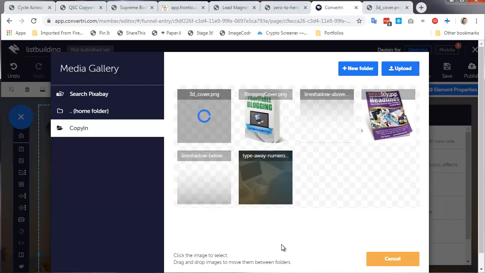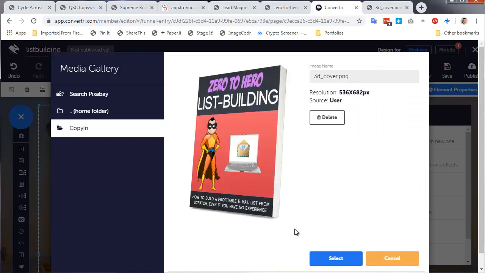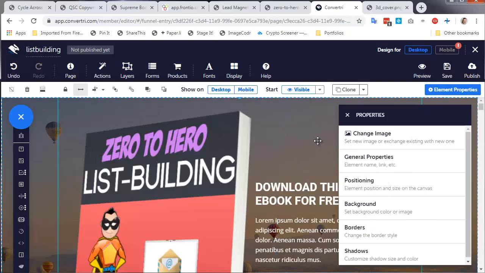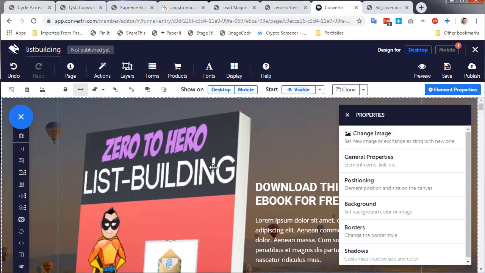It's a question of finding it, opening it. And you can see here the circle's going around, it's uploading it. We're going to select it, and in it goes. Now I have done the work to see the image is roughly the right size, and then we can start